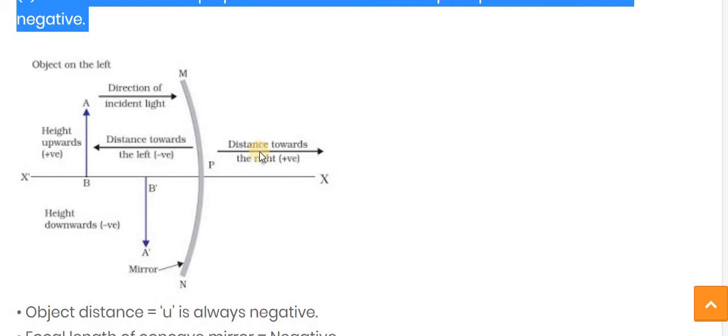as a positive one. Same as this is for the right and left sides, same for the upper and lower portions. Suppose we consider this height of the object, it is in the upper direction. So in that case we have to consider it as positive. Suppose an image is formed downwards of the principal axis, then this height we have to consider in a negative manner, meaning the -1 we have to consider.